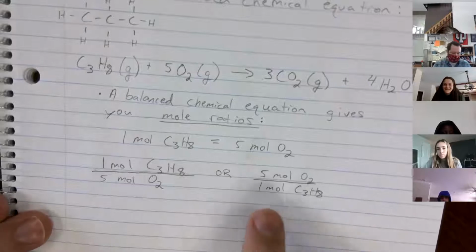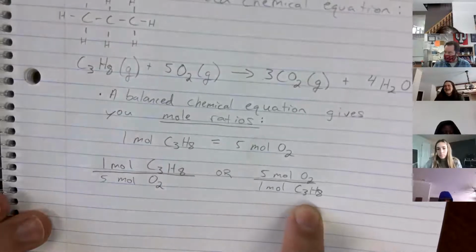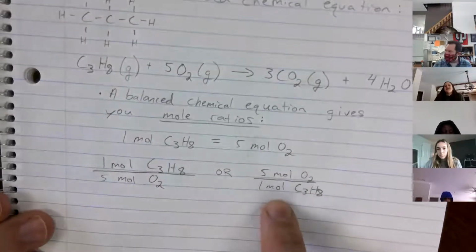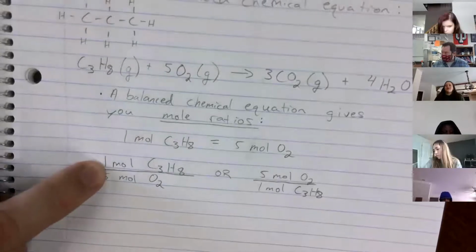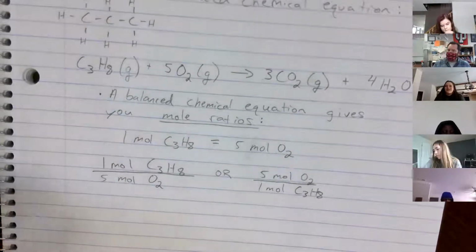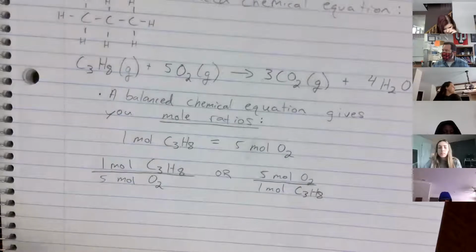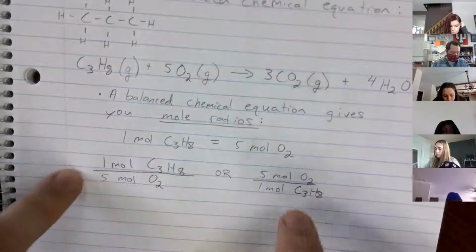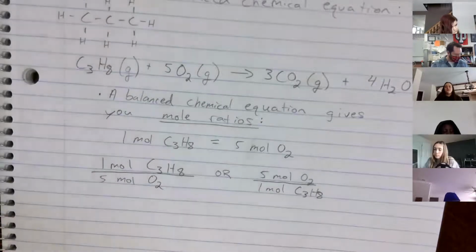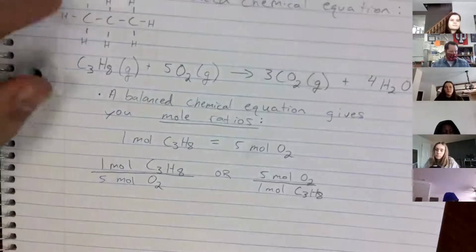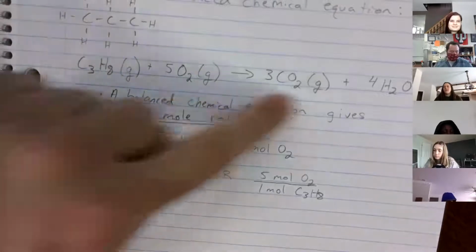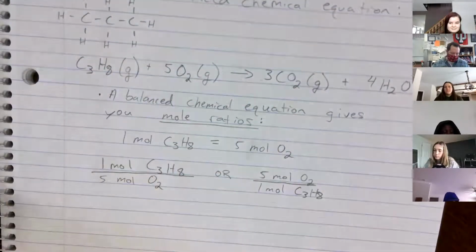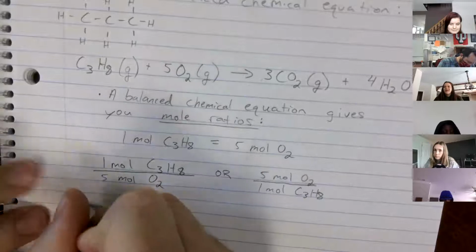If we're trying to divide out moles C3H8, then we want to use this one. We want that on the bottom. If we're trying to divide out moles of oxygen, we want this on the bottom. So it all depends, when we set up our units, on which one we want on the bottom. All right, so that's the first step: balance your chemical equation. That gives you mole ratios. Second step,